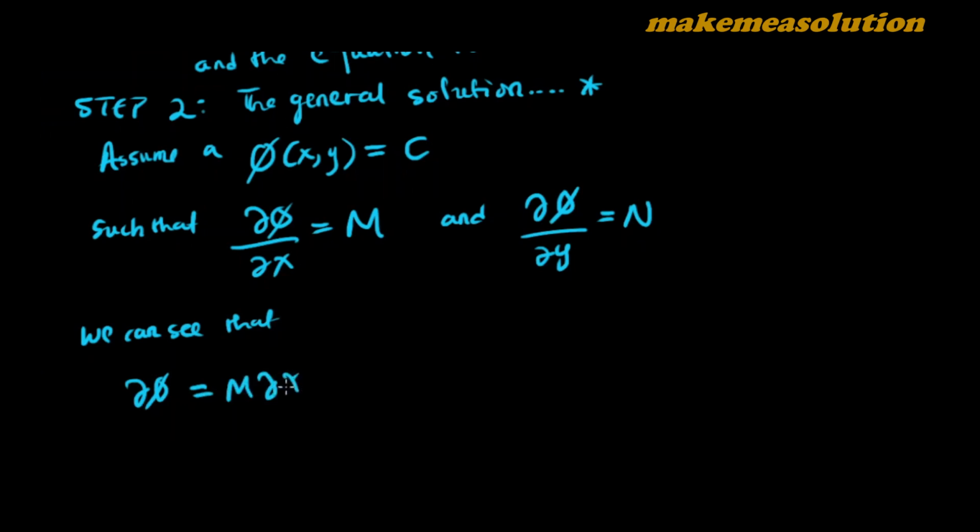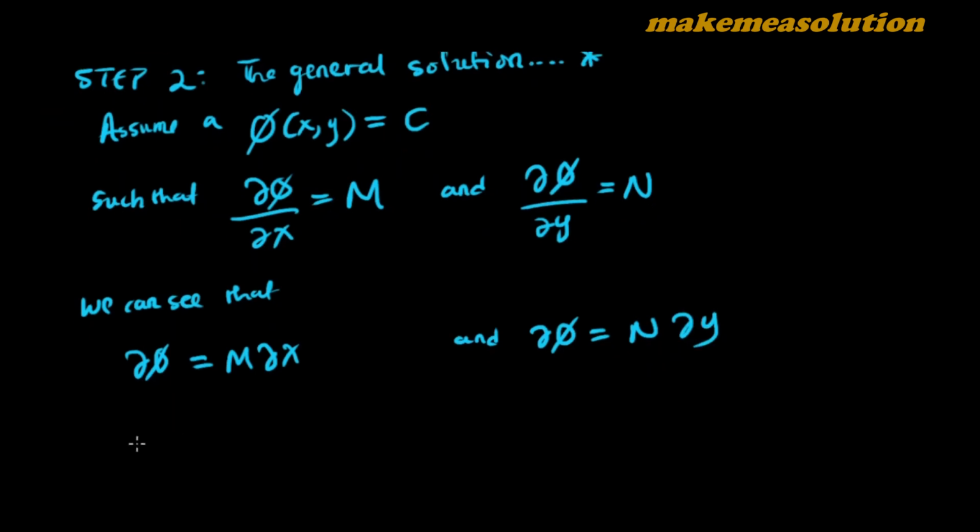Let's say we want to use the method of variable separable, and also the partial derivative of phi is equal to N dy. So if you integrate both sides,